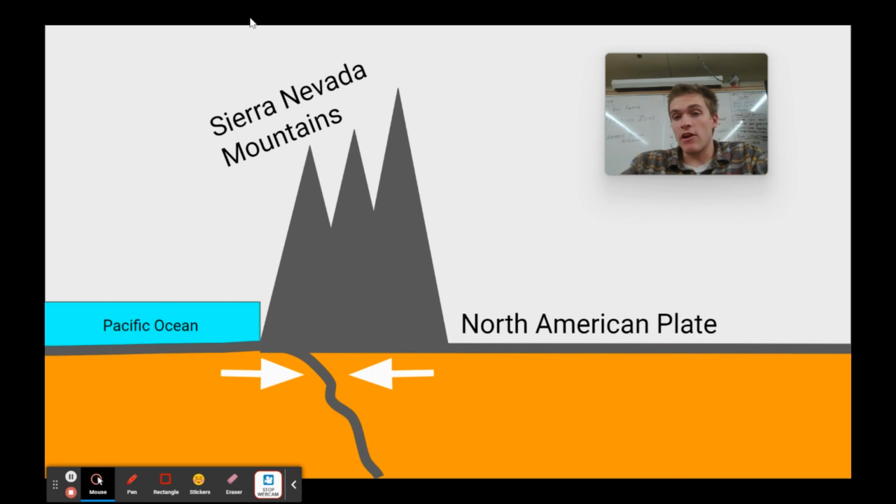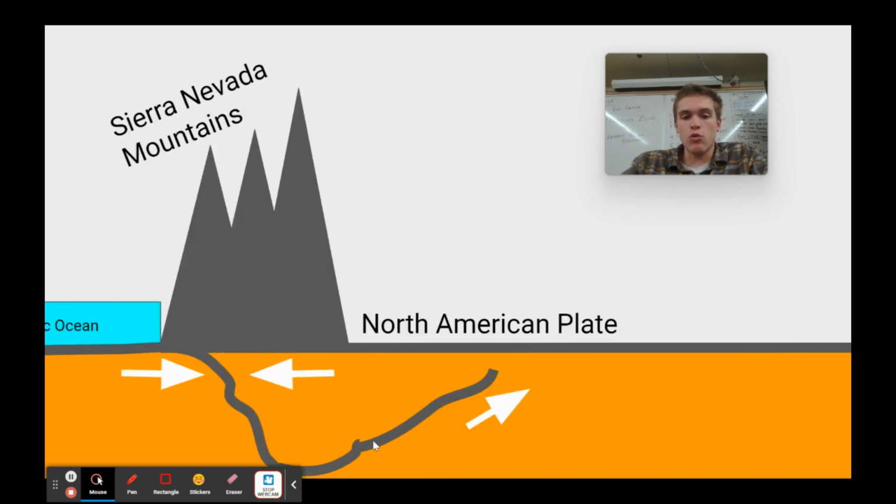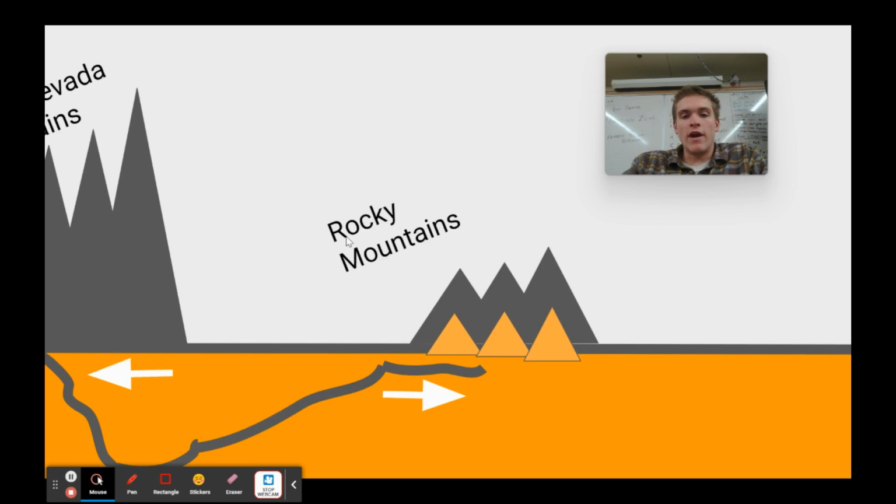But then something very unique happened. The tectonic plate curved back around and it continued growing back up toward the surface of the mantle. When it crashed all the way in Colorado, it started to create the Rocky Mountains.